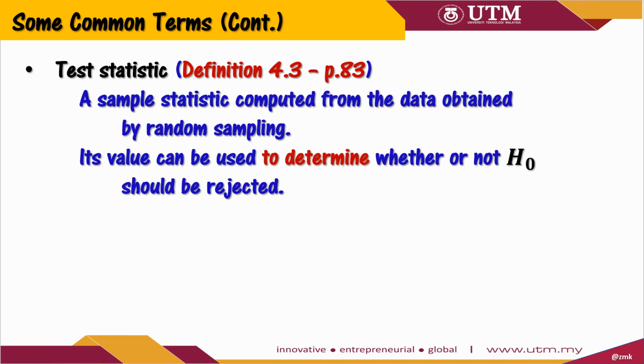A choice of a test statistic depends on what parameter you test. For example, if you test a single population mean mu, then you can either have a z-test statistic or a t-test statistic. If you test a single population variance sigma squared or a single population standard deviation sigma,